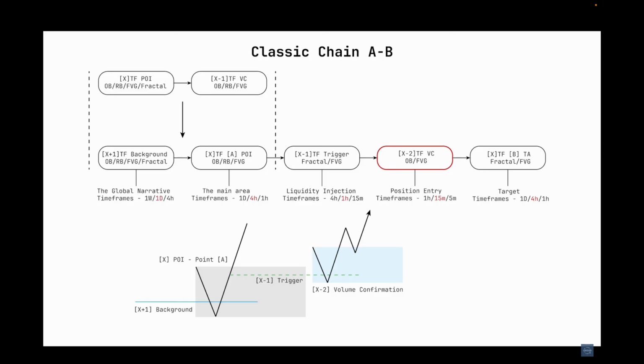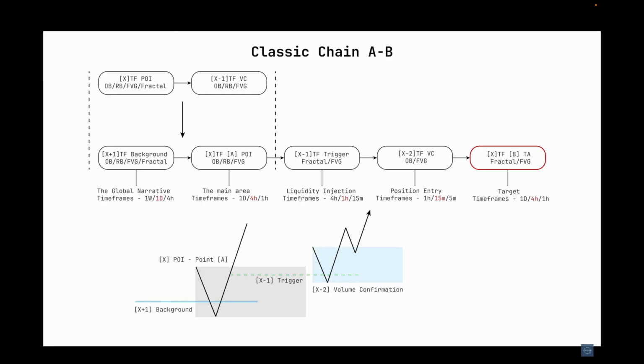But here is a very important detail. Volume confirmation on X-2 can be either an order block or a fair value gap. We do not use the rejection block on smaller time frames because it forms quite often and can lead to a stop loss. And the last variable, which is very important in this entire system, is the target, which is